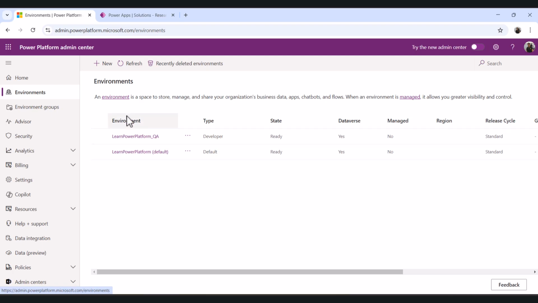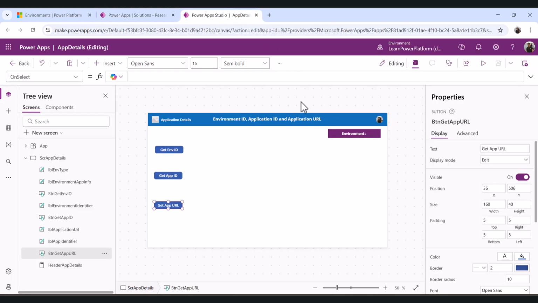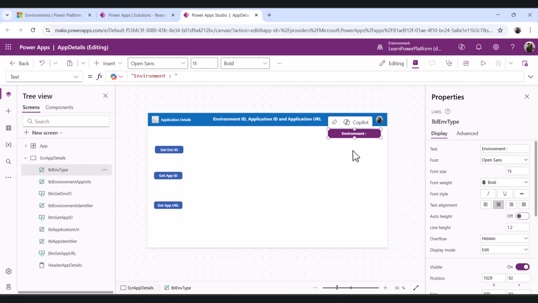Now we will move to the app details. This is the Power App solution, and I have already added the app name as app details. So let's see what is there in this app. If you click on edit and edit in new tab, then you will land on this screen. So in order to save our time, I have already designed the app. So this app is basically meant to get the environment ID, the app ID, and the app URL, and the environment type also. Correct. So what I have done, I have added these three buttons, and in order to show